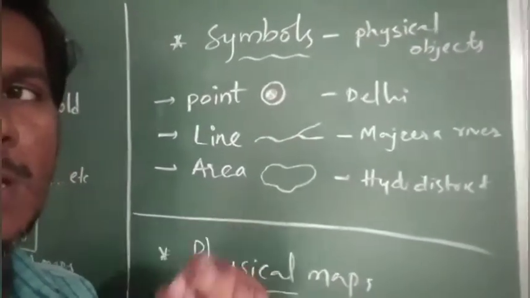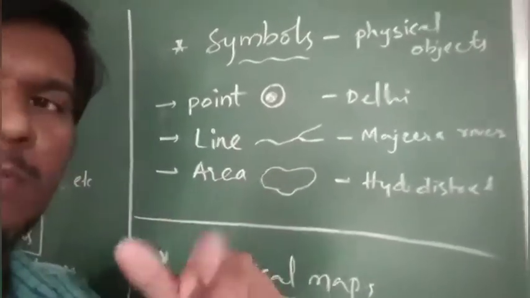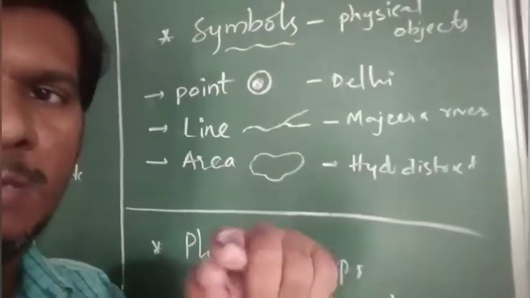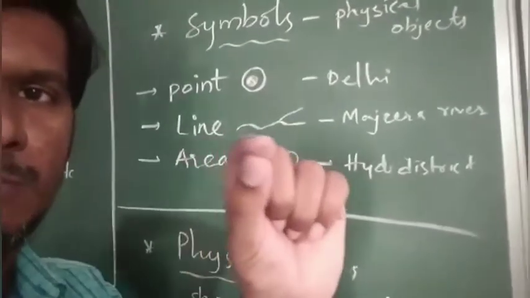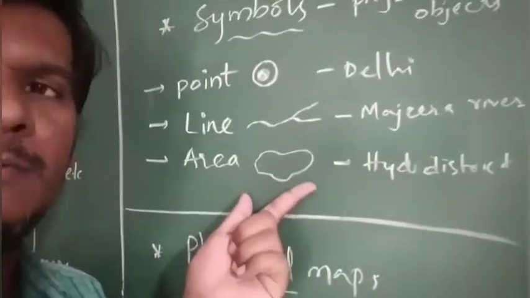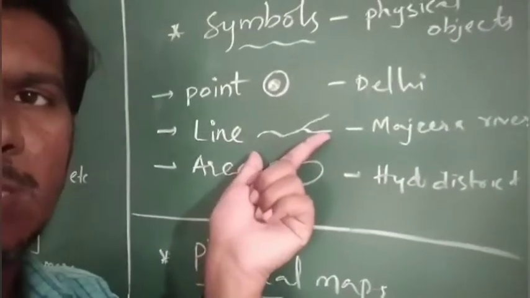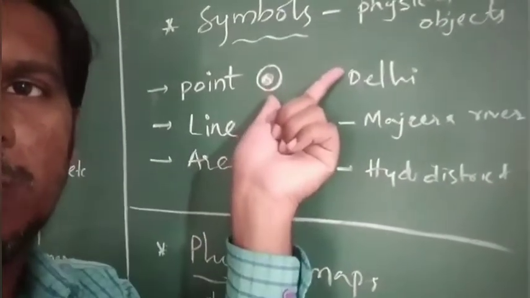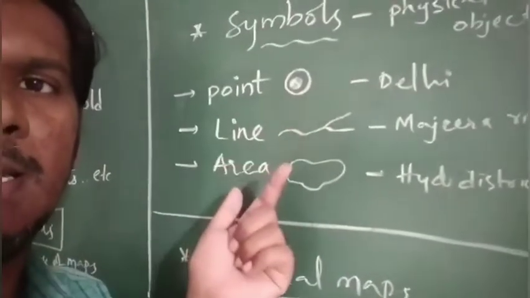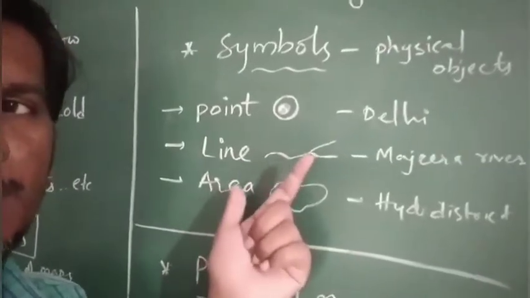Area, for example a district area like Jagtial, we will show with one boundary. We have to draw this border and locate it. Hyderabad, however much area it has, that much small border we have to give, and we can locate it easily. So the area of a place is shown with a boundary. A river is shown with one line. A city or place is shown with one point. Point, line, area with boundary: these are the major symbols we use on a map.